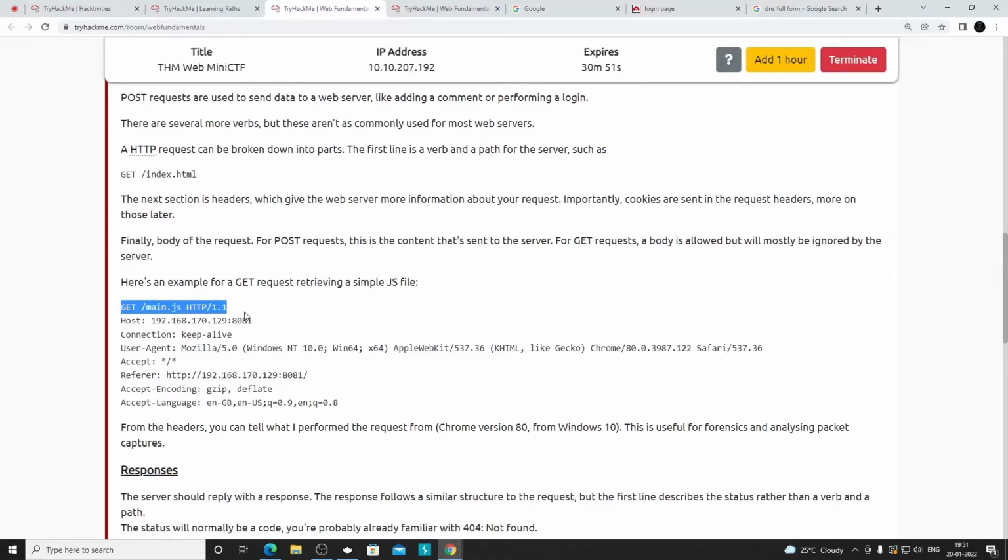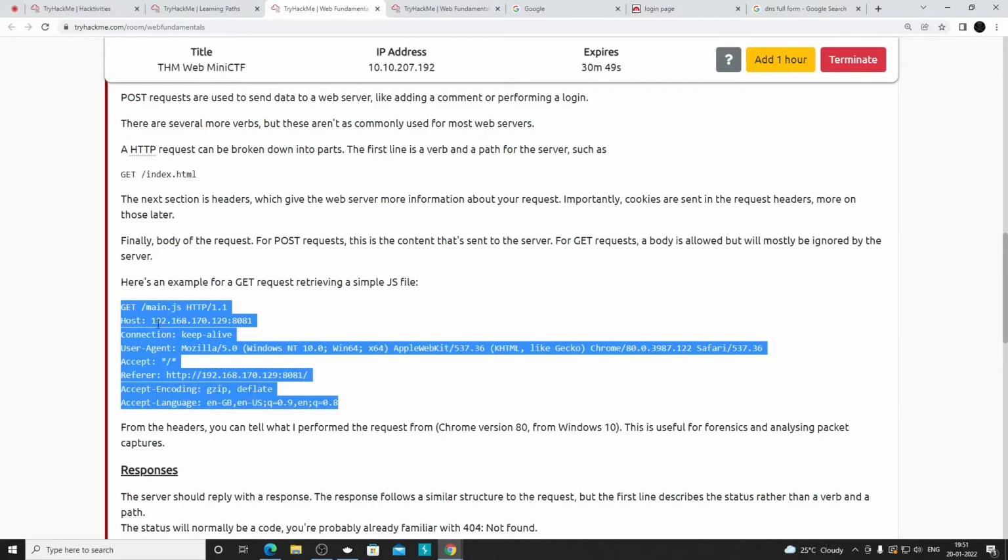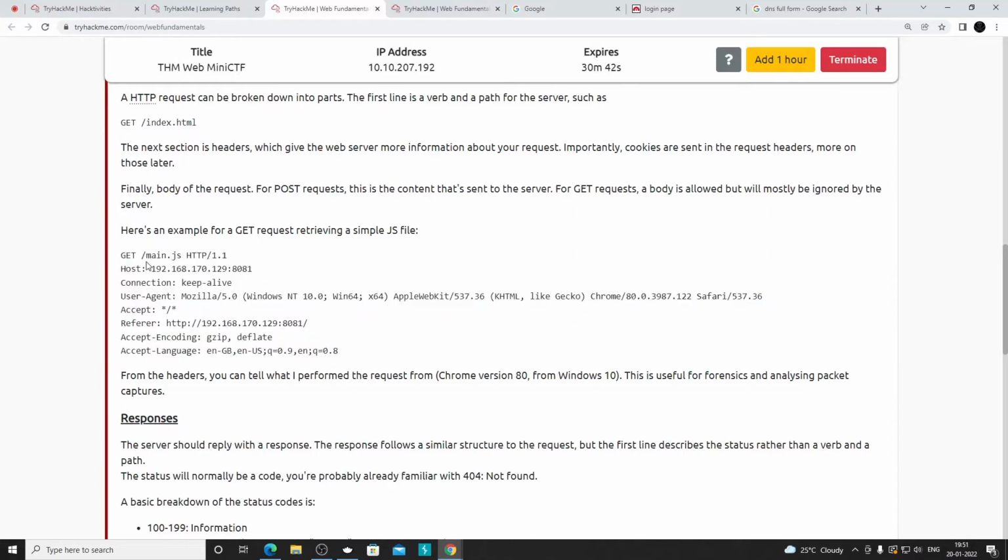Now it's giving us a bit of syntax of how the request actually looks in the backend. It's just an example, but for GET, in the beginning we have the HTTP verb, then the file name that we are requesting, and here is the IP address and port to which we are requesting.